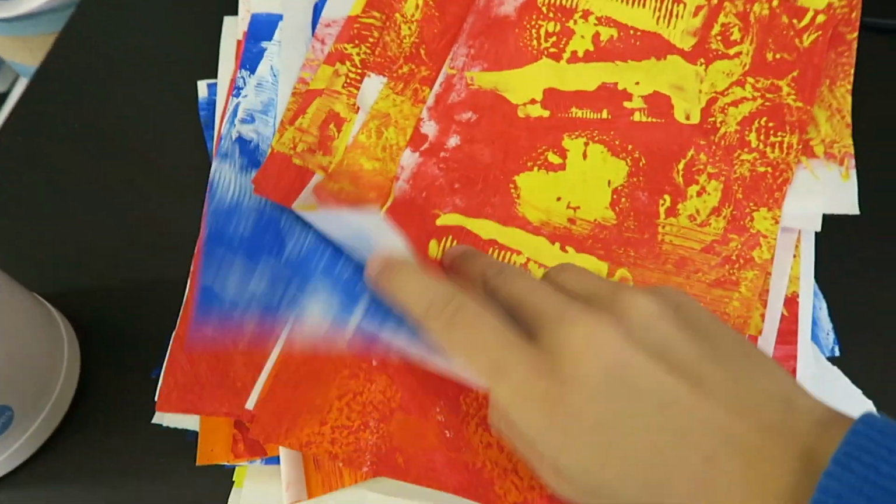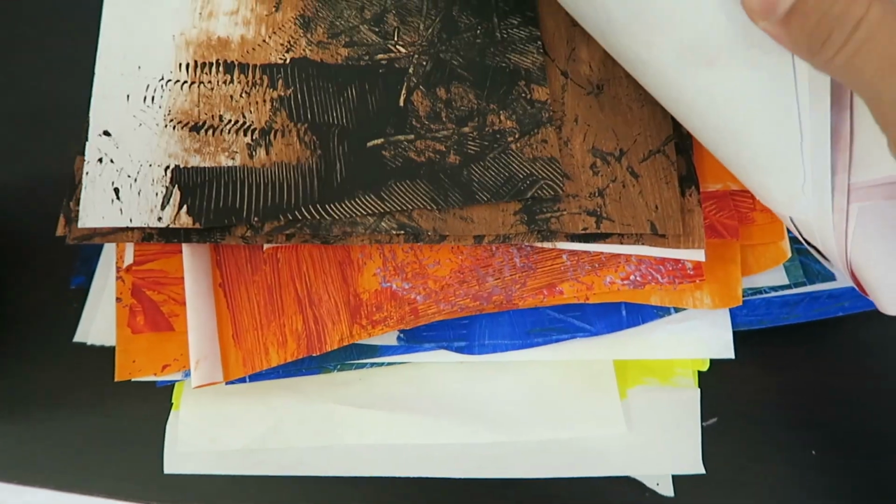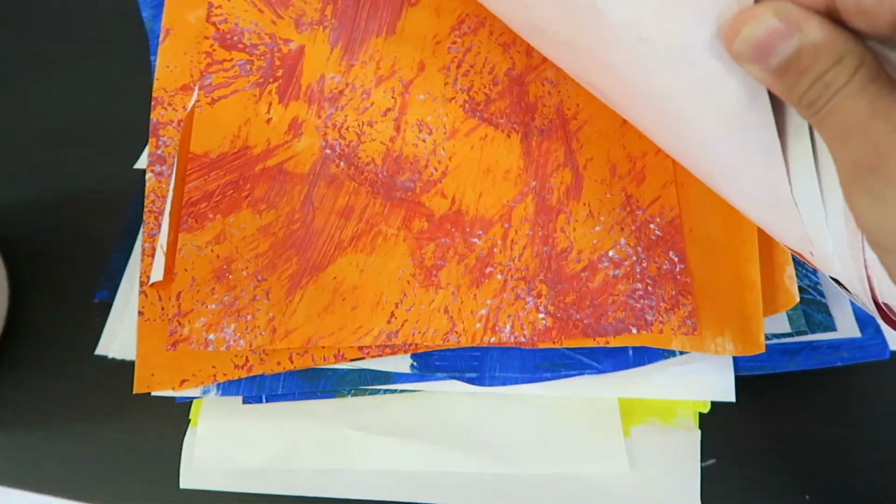So here's all the paper and some of the different textures. You can kind of see them here, but they came out so awesome. And what they also did, after they completed their shared painting, was think of either an animal or an insect or something that makes them think of spring, since we're talking a lot about spring right now. Something of spring that they could draw and use for their story and for their writing